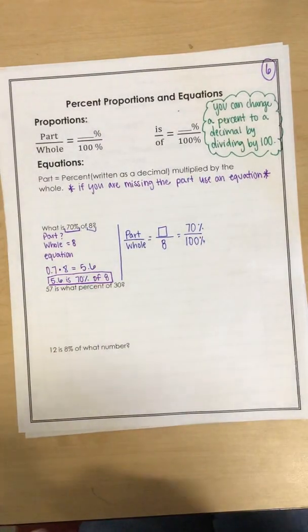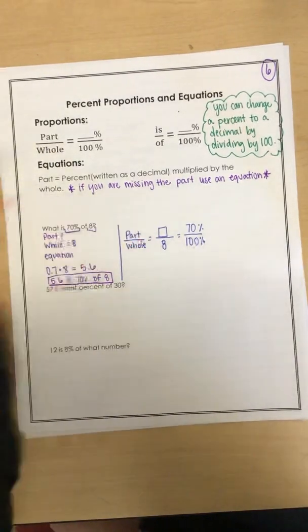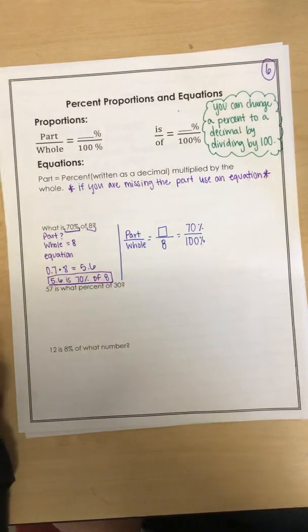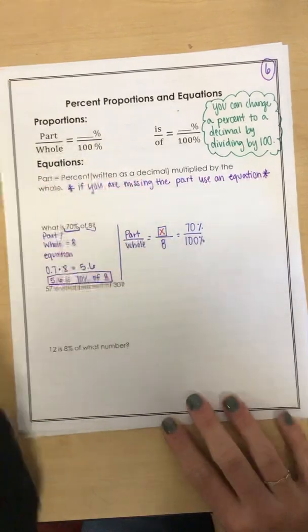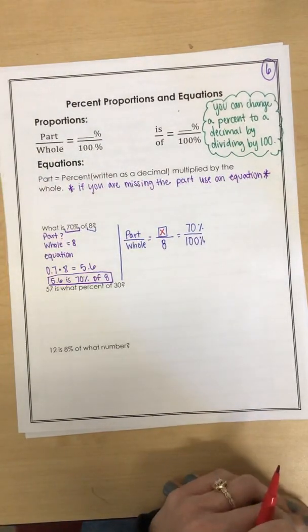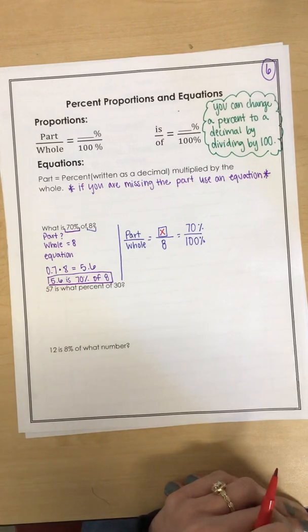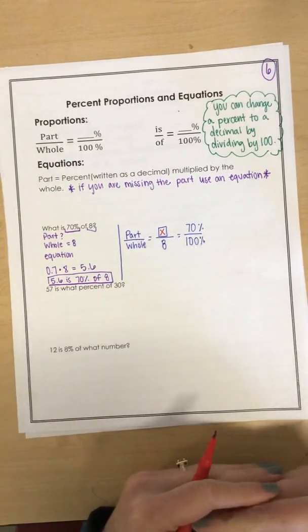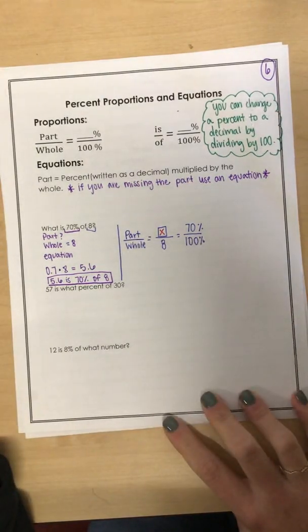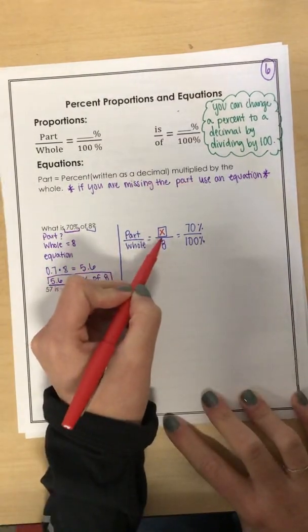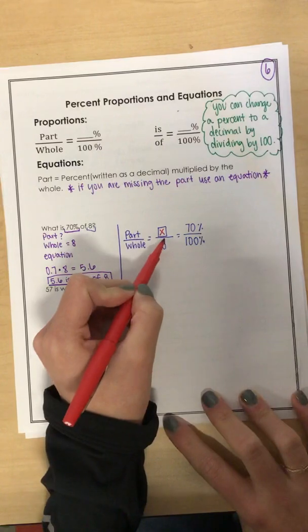Now in math, in 7th grade, in any grade really, you might see this as a missing box in elementary. Then you might see it as a question mark. Well, now we're old enough that we can use variables. You used variables a little bit last year. So x is our unknown. That is what we are not sure of. So here we're going to set up an equation and we're going to solve. So the first thing we're going to do is set up the equation, okay? So if we do that,